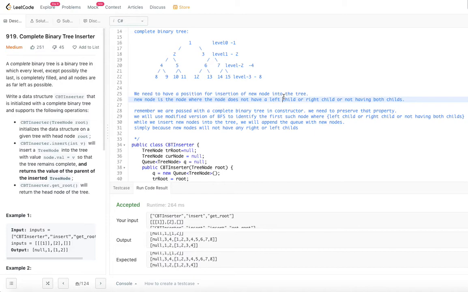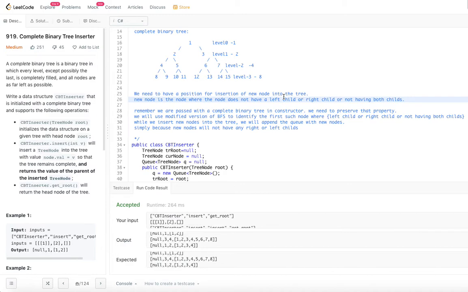And while we go through the nodes, right, we will keep track of them in the breadth first search queue. So normally breadth first search uses a queue data structure to keep track of what nodes it has to visit next, right? As and when we create new nodes, we will put the newly created nodes back into the queue so that we will use them as the next possible positions to insert next upcoming new nodes, right?